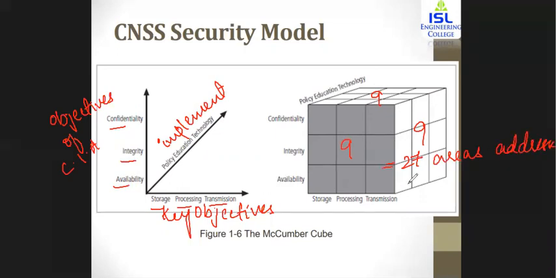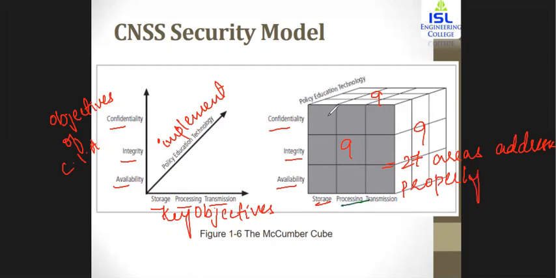Addressed properly here means that you have confidentiality, integrity, and availability. By making use of specific policy, for the confidentiality of stored information, you identify how the stored information is achieving confidentiality, how it is achieving integrity, and how it is achieving availability. This all is identified. Then processing, how you're going to process data.